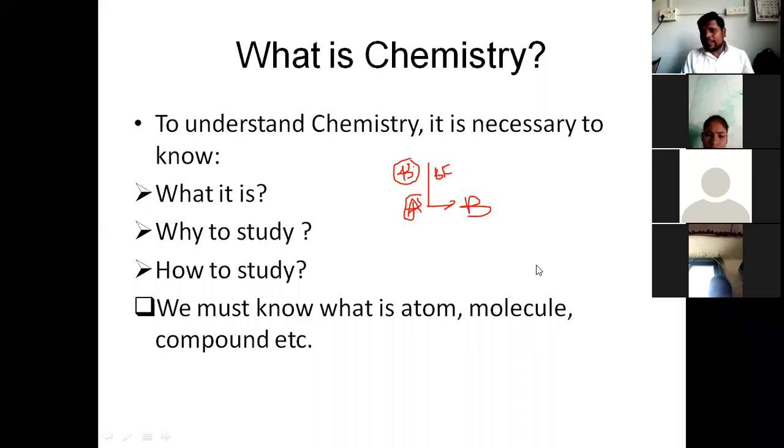And we are made up of a number of cells. In every cell there is DNA. Among living organisms, some are bacteria, some are viruses, and there are many other living organisms. They all have RNA and DNA. RNA and DNA also contain ribose, nucleic acid. So everywhere you can see chemistry. That's why it is very important to study chemistry. So this is our second question: why study chemistry? This is important.